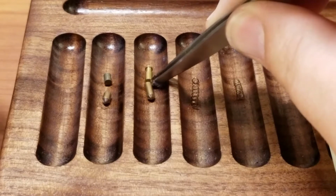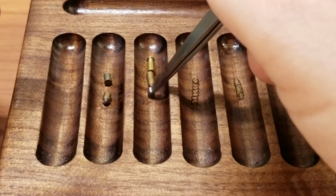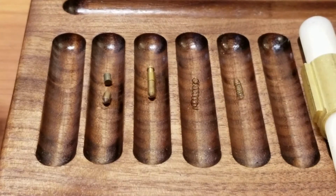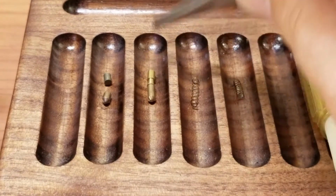What happens is you run out of space in your Bible for this pin and this pin to both ride up on the key when you insert the key into the lock. Now, if you're not planning on using a key with this lock, and you don't have a key, and it's going to be just straight up challenge lock, then yeah, you can sneak by with a long and a long,